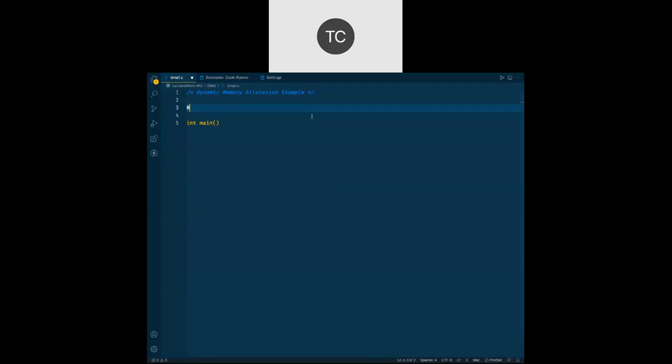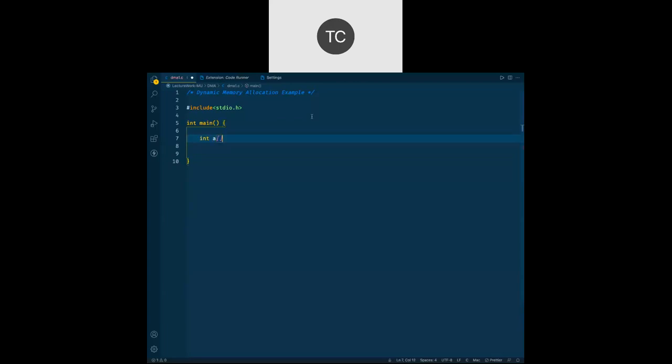The first thing that we always do is include our stdio file, the standard input output file, and then we start our program. Inside that program, let us first focus on, let's say, I want to store a few integer values. So we always go for an integer array.